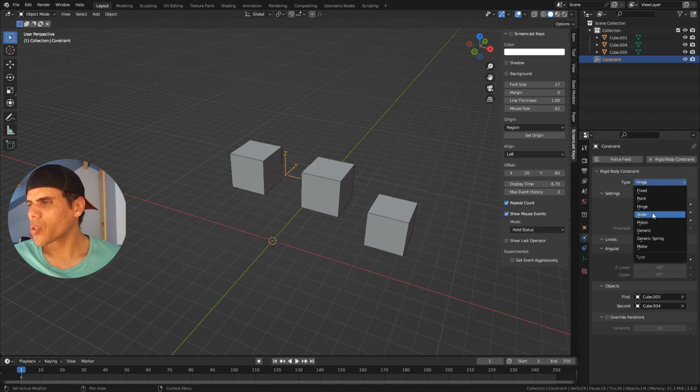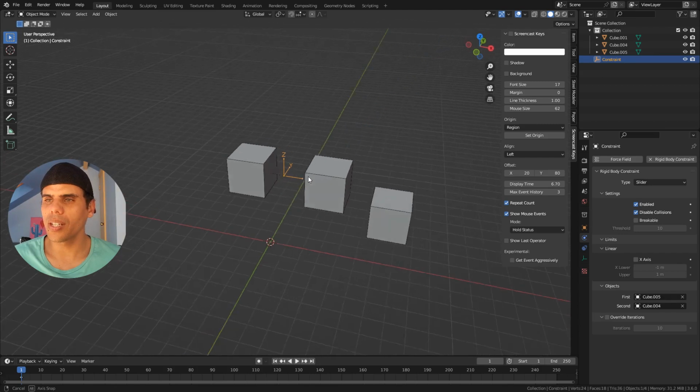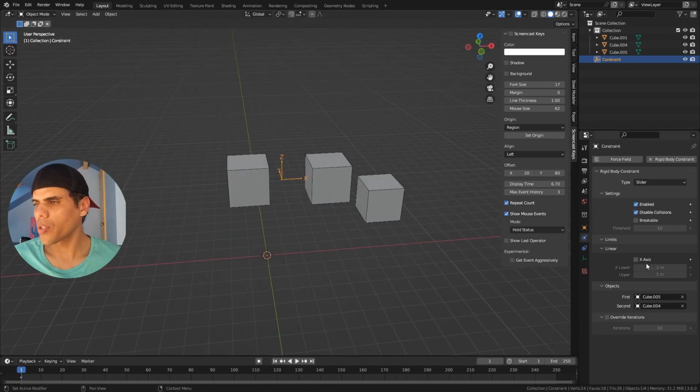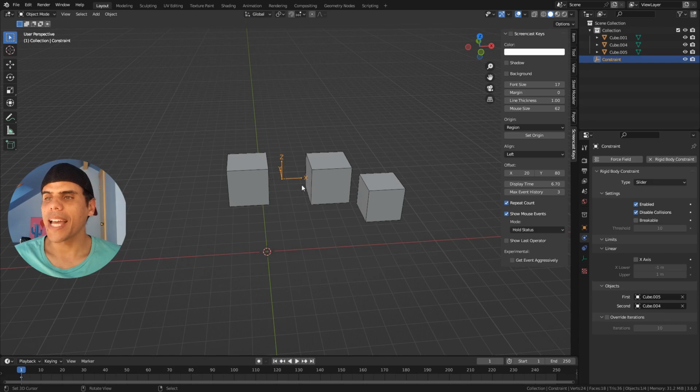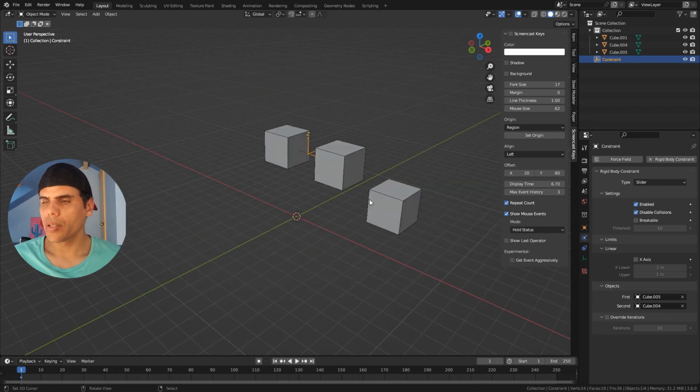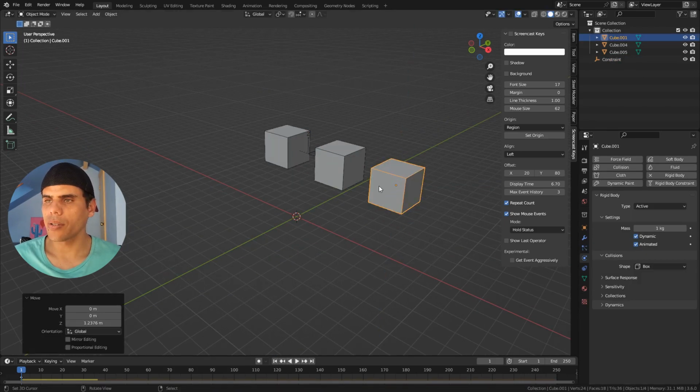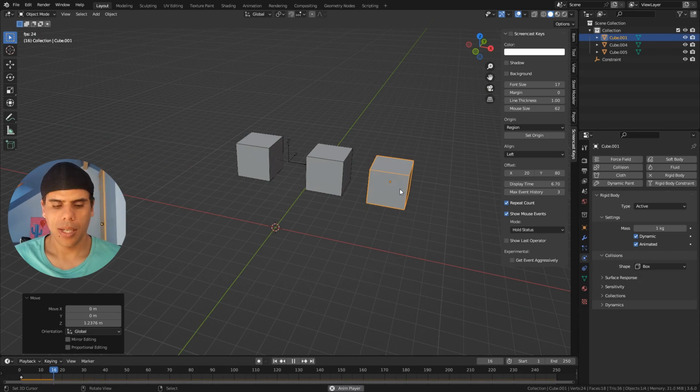Anyway, now we go to the slider. See in the slider, if we want to see how it's moving, we can just see the limits. It's asking me to put some limits in X. That means it's free to move with 1 degree of freedom, but in X. If we want to check that out, we just press play and then move